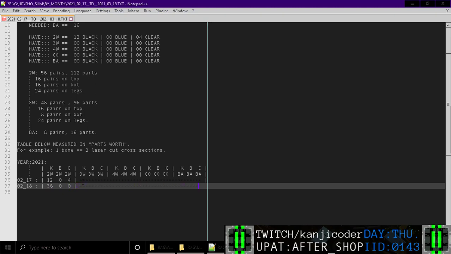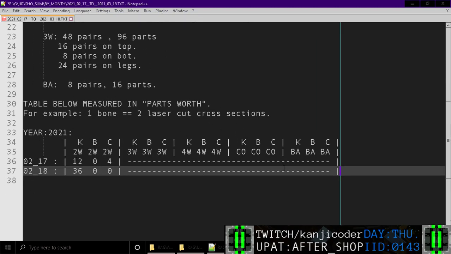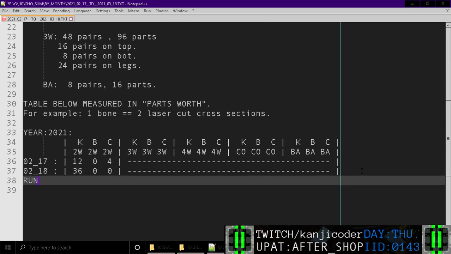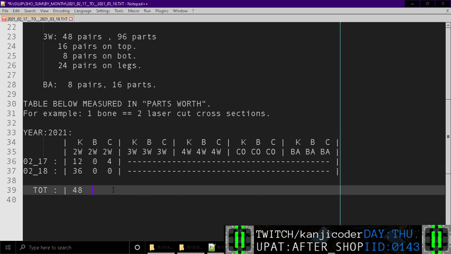Okay. And we might want to keep some type of running total here. Let's just say RT for running total. And right now, the running total is, we have 48. I don't think we need a running total. We should just keep a total. And if we need to subtract from the total, then we'll make it a running total, right? So right now,